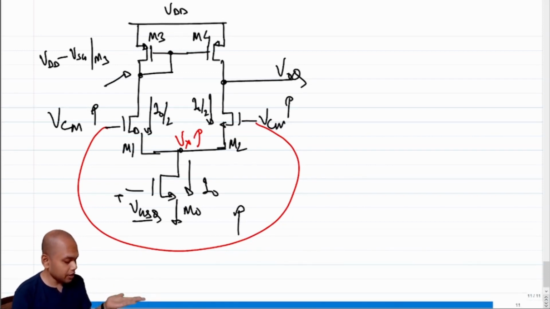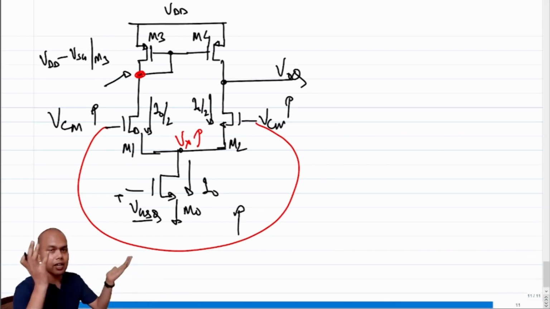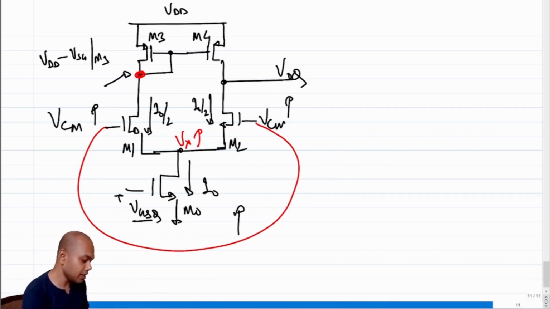If VCM increases, if current doesn't change, and I neglect channel length modulation, do you think the drain voltage of M3 is going to change? No, because the current hasn't changed. So how far can I raise VCM? I can raise VCM till we reach